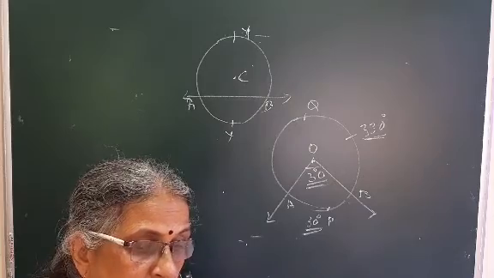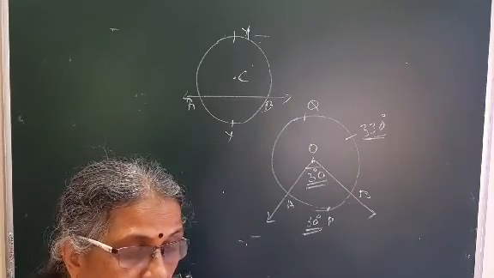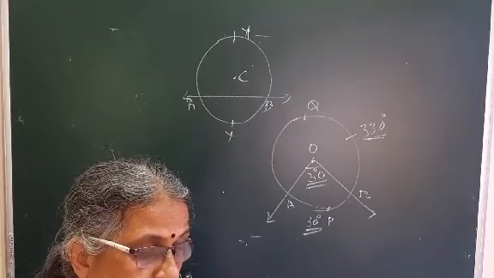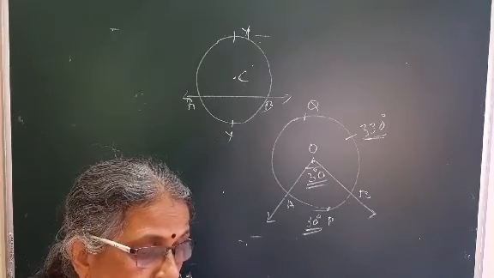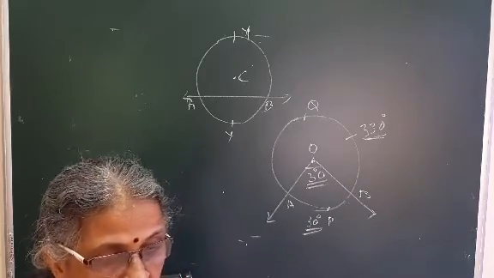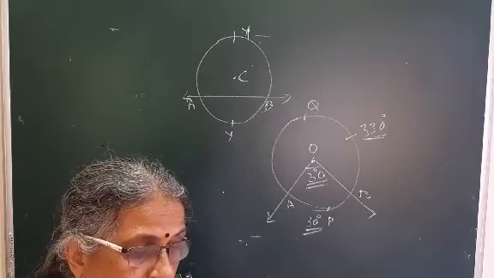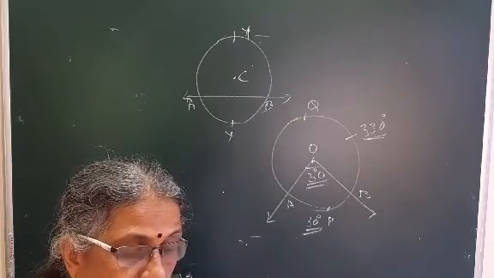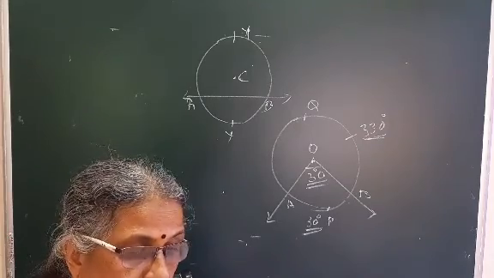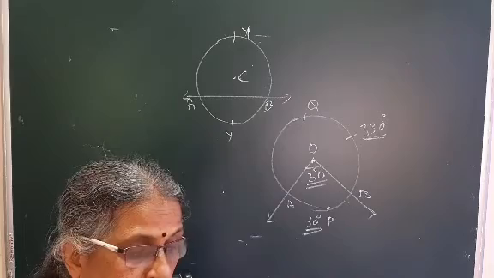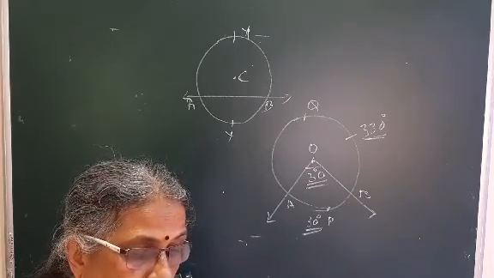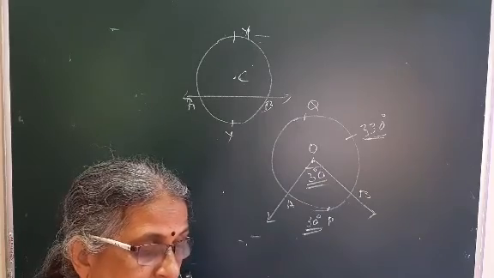So here they have given you fill in the blanks. I will tell you, write it with your pencil. In triangle ABC and triangle DBE, AB is congruent to DB. What is the reason you are going to write here? Radii of the same circle. Followed? Second, side BC is congruent to side BE. You are going to write the same reason, radii of the same circle. And angle ABC is congruent to angle DBE, the measure of congruent arcs. Followed? So triangle ABC is congruent to triangle DBE, which test is there now?